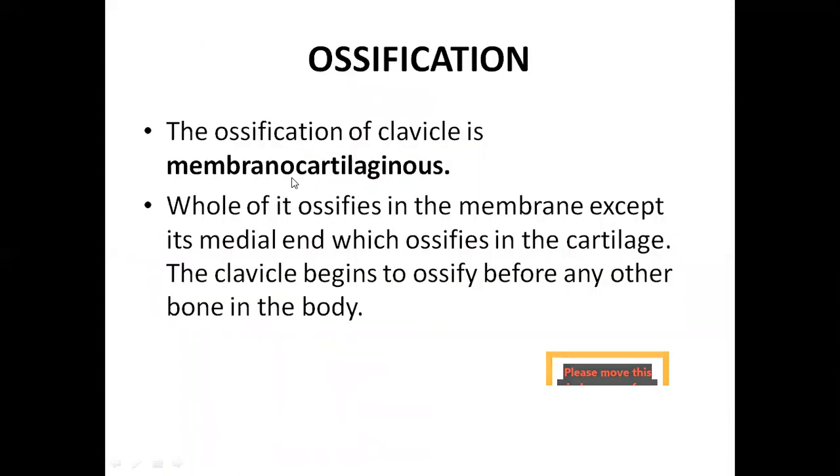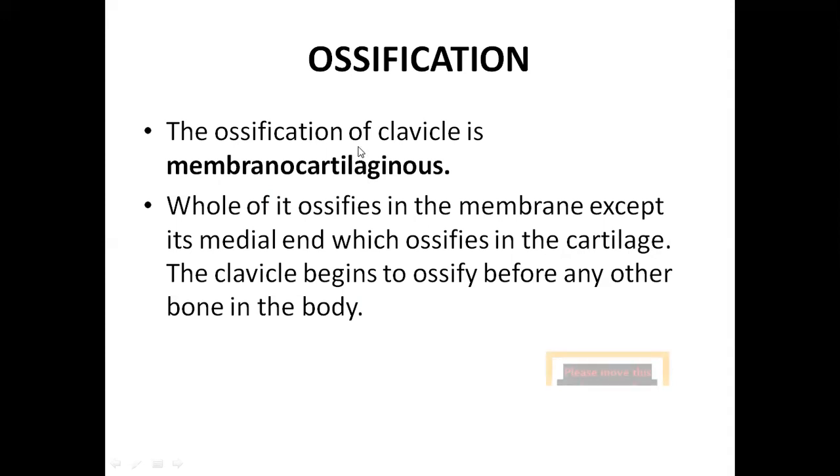Then we will talk about ossification. Ossification means that during embryonic life, when the fetus is formed inside the mother's uterus, partly the bone is made up of membrane and partly of cartilage. Both the membrane and cartilage gradually transform into bone. If the membrane is converting to osseous tissue, that is bone, you call it membranous ossification. If cartilage is converting to bone, we call it cartilaginous ossification. This we taught you when we were doing the general anatomy of bone. You can revise that lecture to know what membranous ossification and cartilaginous ossification are.